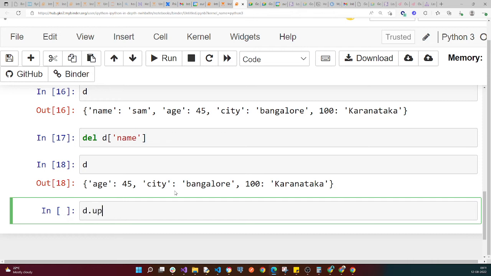To insert a new key and value, or to update an existing key and value, there is a function called update. Update is the function name. Inside update, you pass the key, let's say age, 56, and